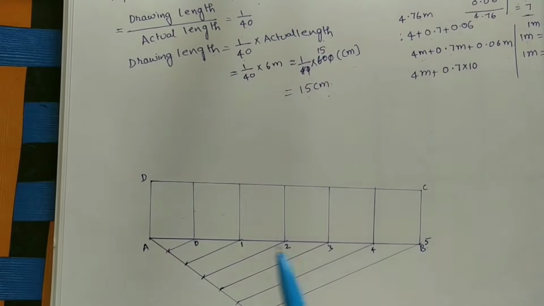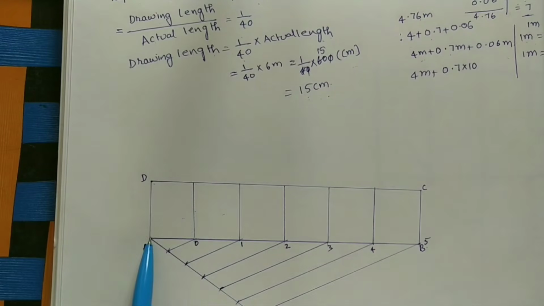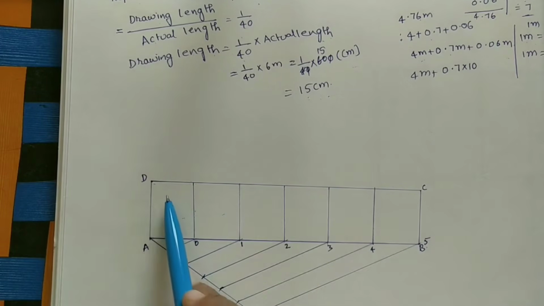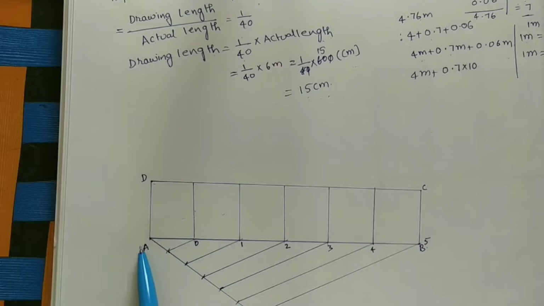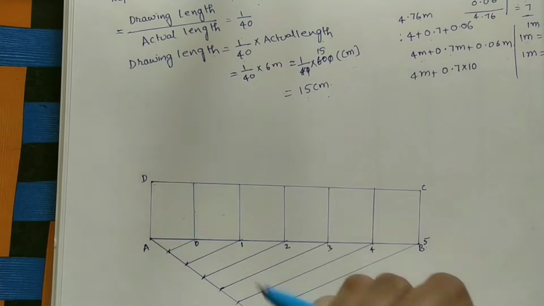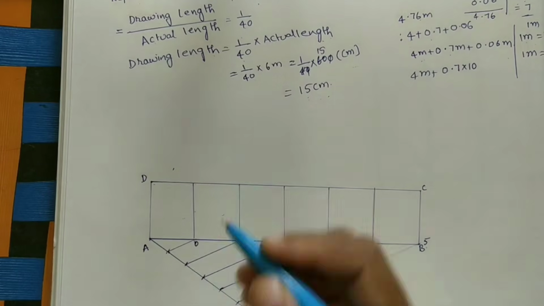Okay, so how to divide this initial length into 10 parts means we have to do the inclined line here and we have to divide that line into 10 parts. Okay, so instead of doing this side, I will do the inclined line this side. Our main aim is we have to divide this box into 10 parts. Okay, we can take either this side inclined line or this side. This angle should be less than 90. Okay, take any one of the point here, join D to this point.